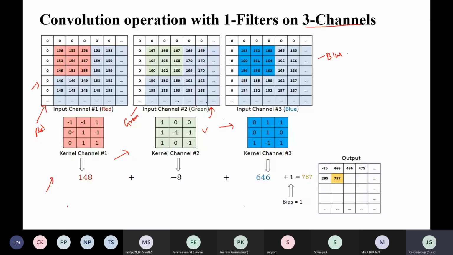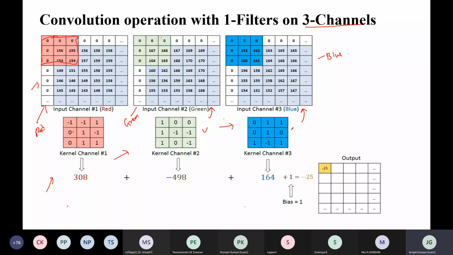So finally what we get is, if you consider this particular portion, because we are using a 3x3 filter, also we are using a convolution operation here with a 3x3 filter. Also here with a 3x3 filter.